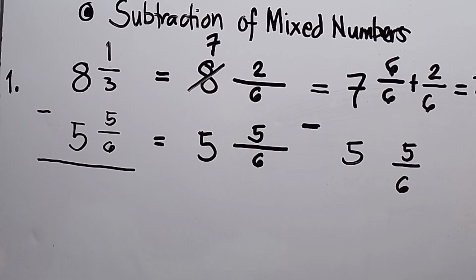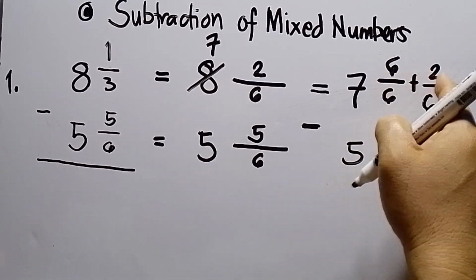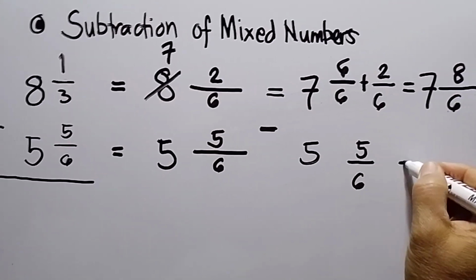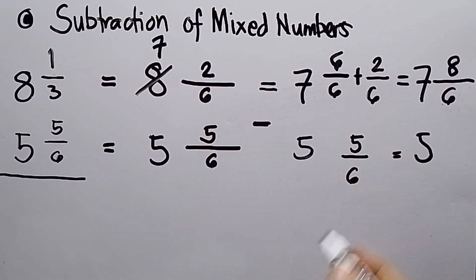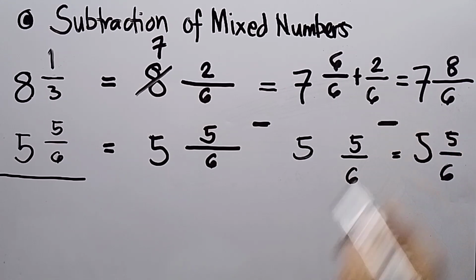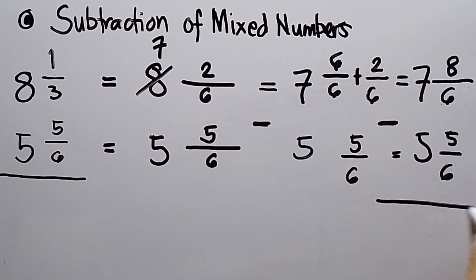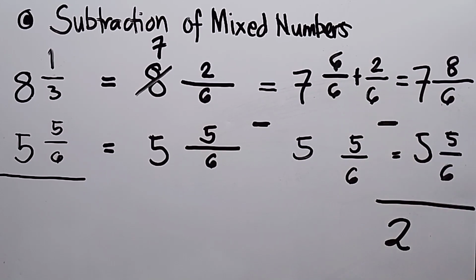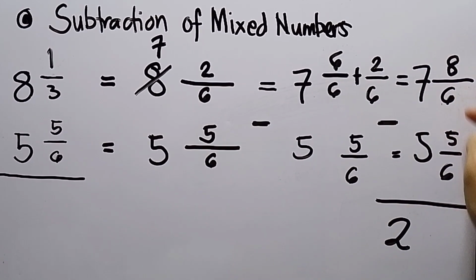Since the same denominators, I need to add this one. 6 plus 2 is 8. And then this one will be 5. Then copy 5 over 6. Then this will be subtraction. So I can now subtract 7, take away 5, that is 2. And then 8, take away 5